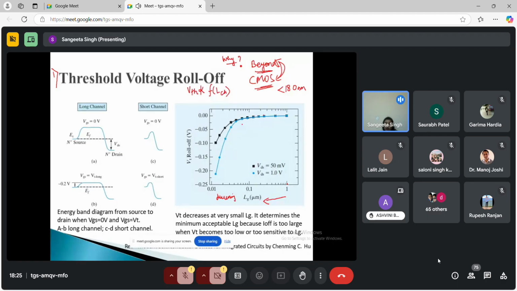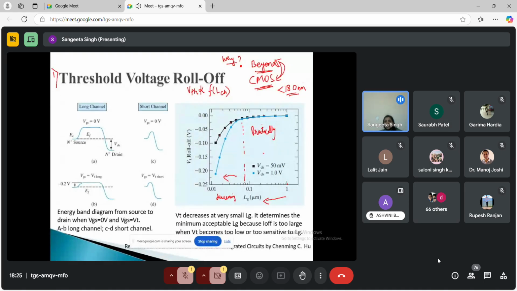But when you are going below 100 nanometer, practically you are observing that your threshold voltage is reducing with decrease in channel length, and this decrease is very dominant below 100 nanometer, and it is also dependent